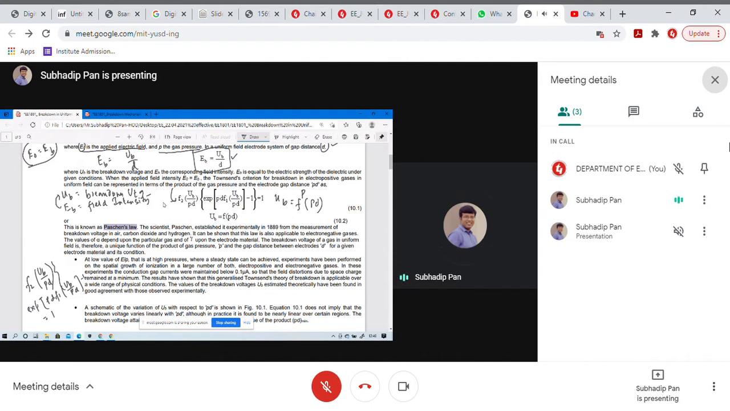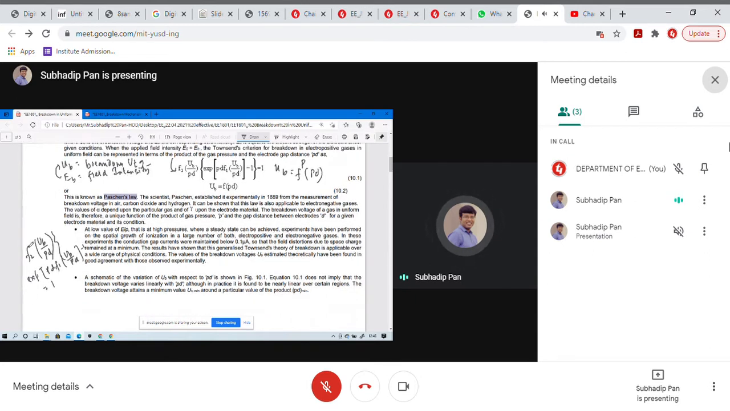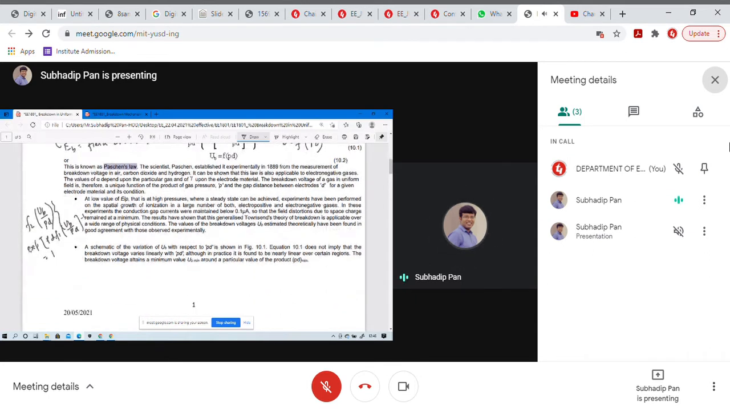Version of PD, right? So this UB is a function of PD. UB is actually a function of the pressure and the distance between the electrodes. This is known as Paschen's law, right? The scientist Paschen established this particular equation, or law,